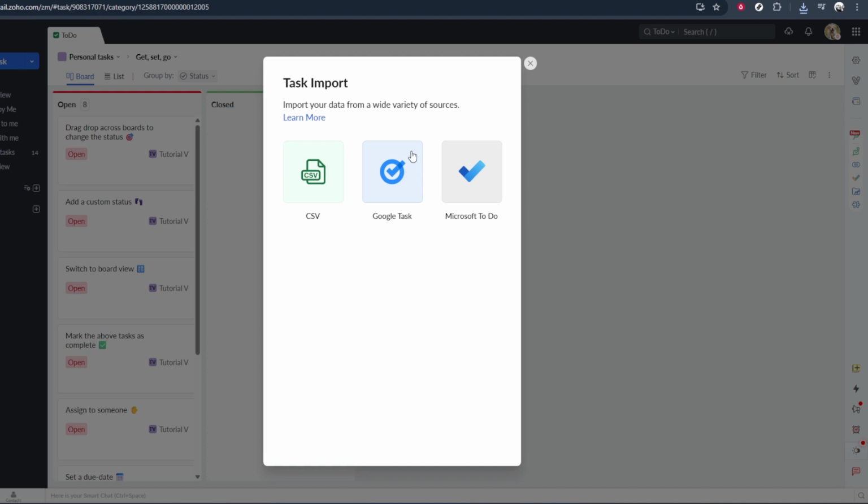Once you click import, a new window or dialog box will appear, prompting you to select the file you want to upload. Click the button to browse your computer, choose your prepared task file, and confirm. After selecting the file, follow the on-screen prompts carefully. You may be asked to map fields such as task name, due date, priority, or category to ensure everything lines up correctly in Zoho. Take a moment